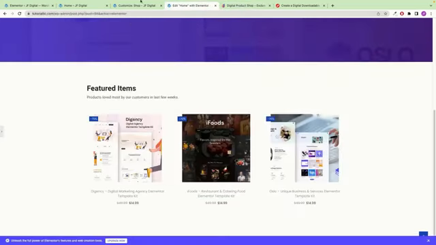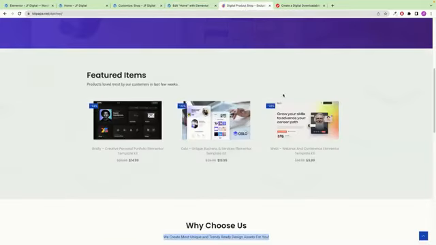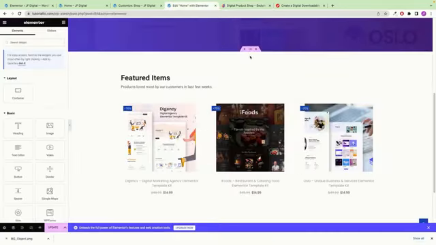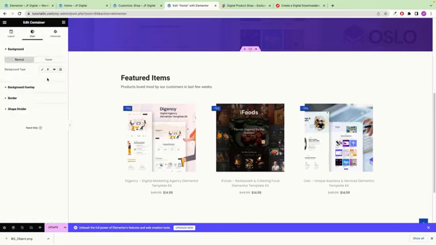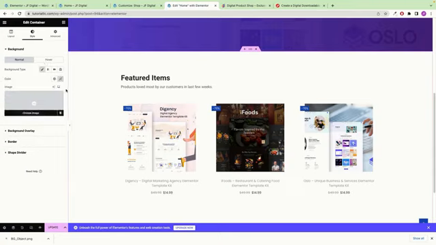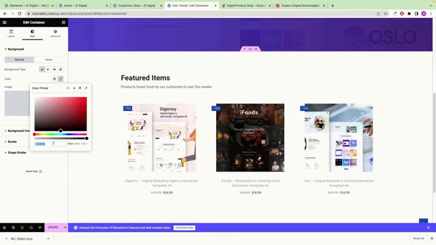And the last thing that we need to do in here is adding a color, as you can see in here, and we need to change the background image. So let's do it. So first let's change this background color. Click on this section again, edit section, go to style, click on this background type, and let's select classic, and let's click on this color to change the color, and let's type